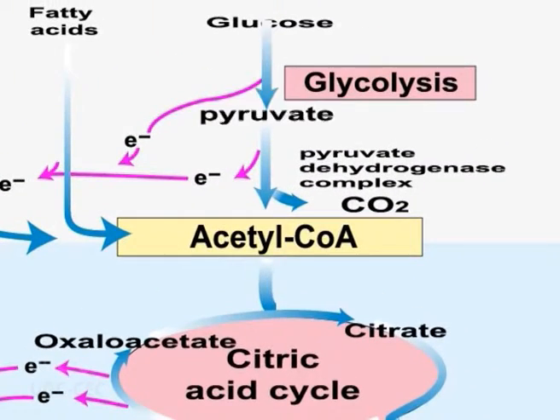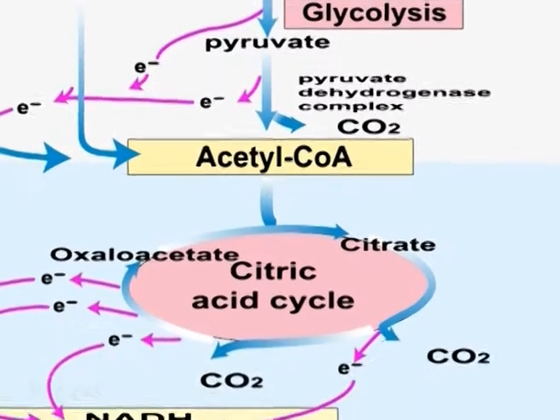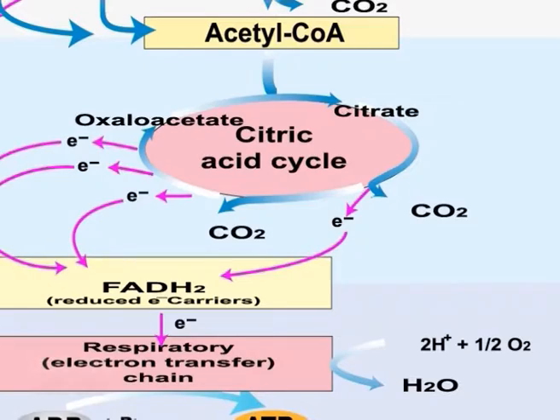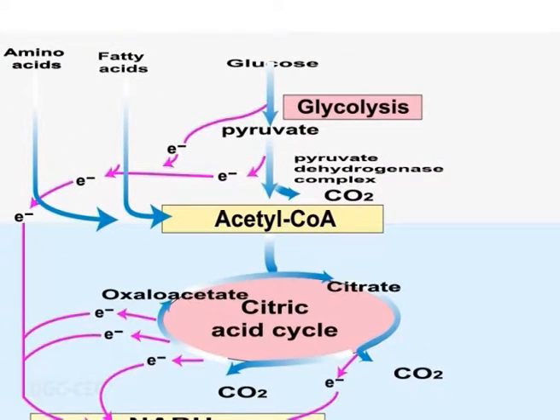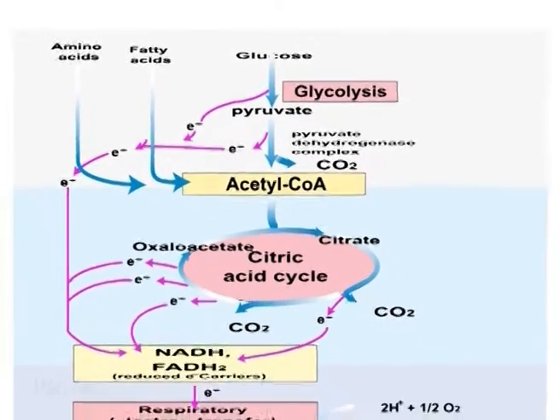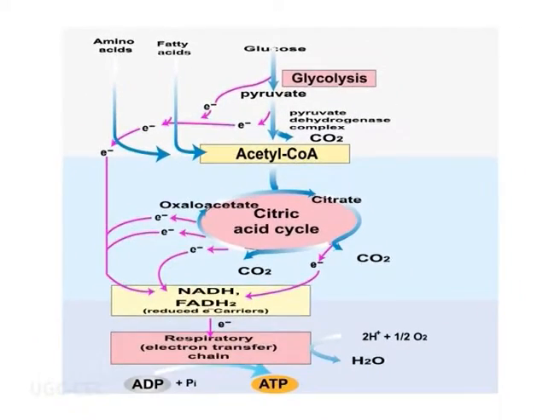Pyruvate, the end product of glycolysis, enters the citric acid cycle after it has been converted to acetyl coenzyme A, which reduces NAD positive to NADH and produces carbon dioxide. Although pyruvate is technically not a part of the cycle, it does provide the major link between glycolysis and subsequent